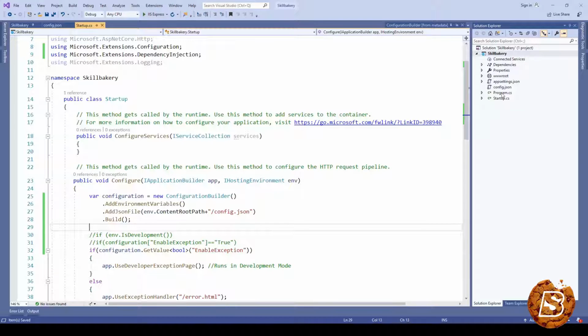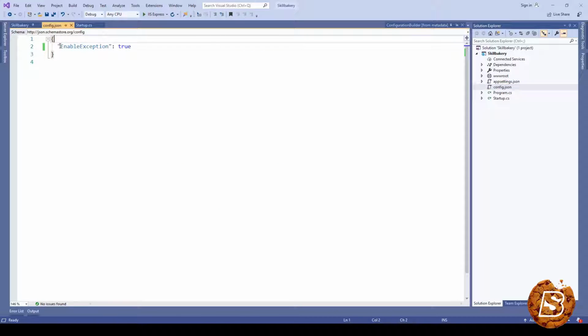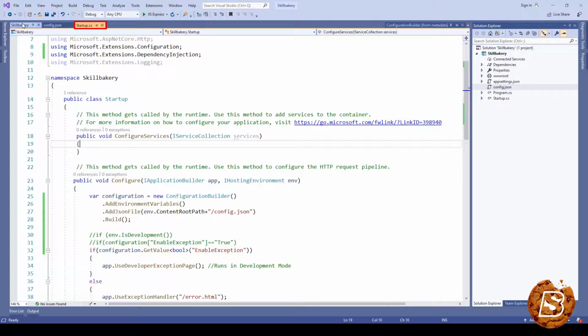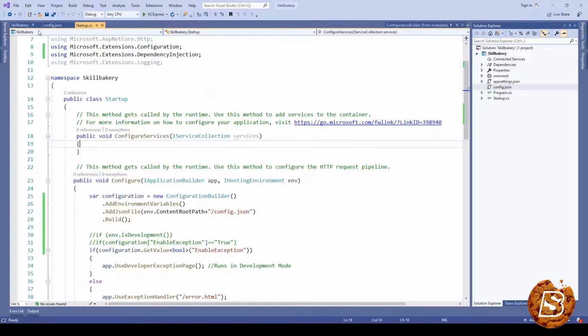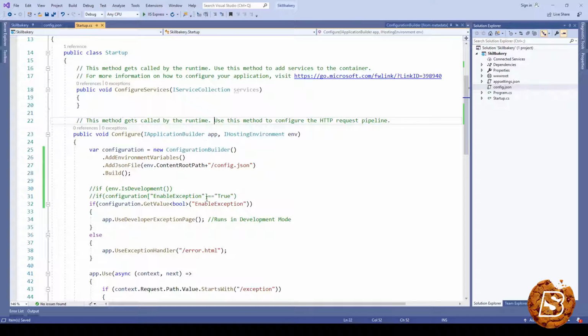This config.json I've created in the root directory over here, and you can see the same parameter or variable name, enable exception, is defined here as well. Now in the project you can see that variable no more exists. So when we run this, it's going to run exactly like earlier, but now the values are coming from